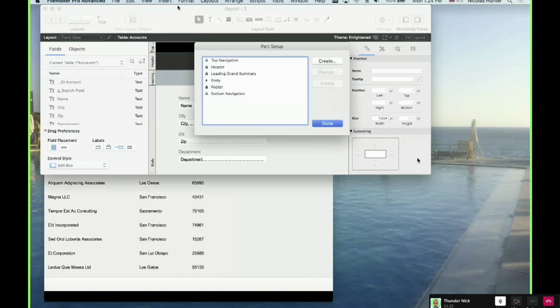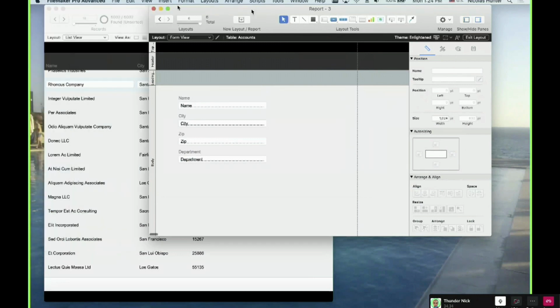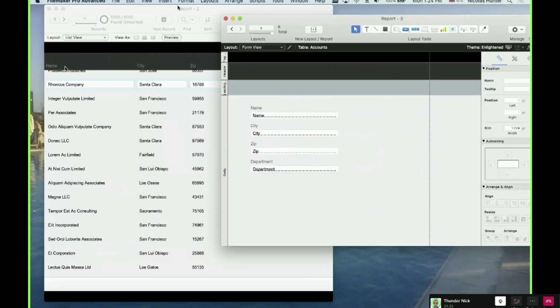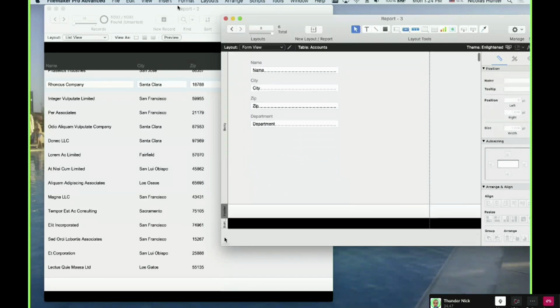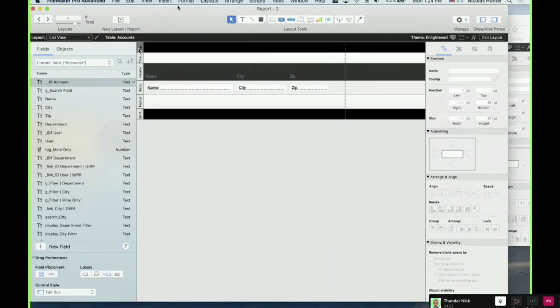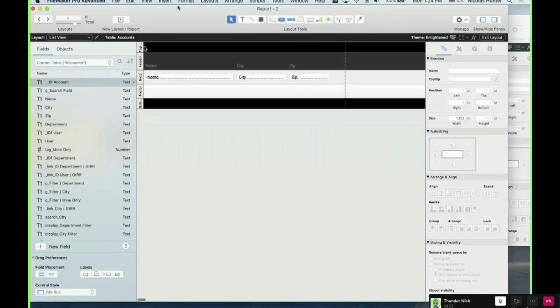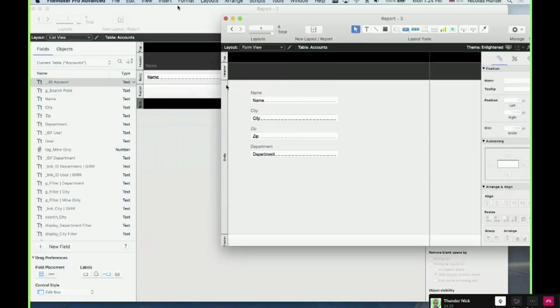Then we have the same construction between both. Here I have top navigation, header, I can remove this. Top, header, body, footer, and bottom. We have the same here: top, header, body, footer, bottom. So we have exactly the same construction here and here.